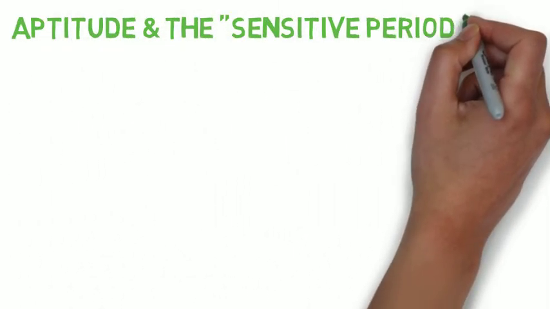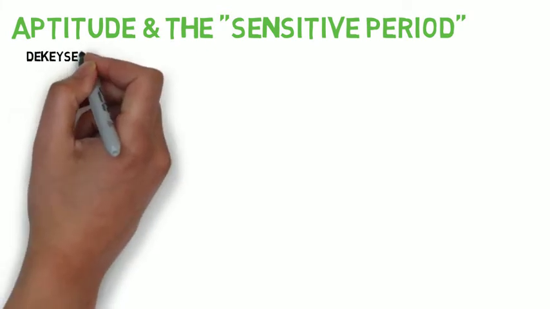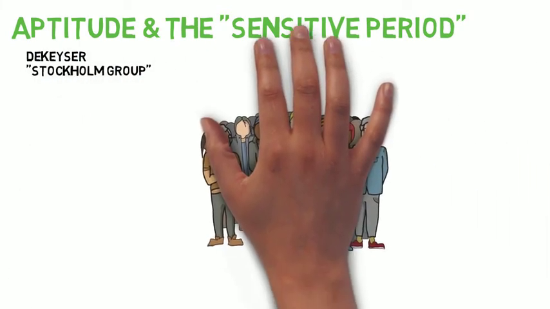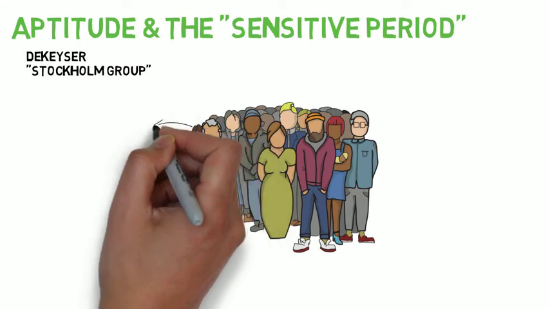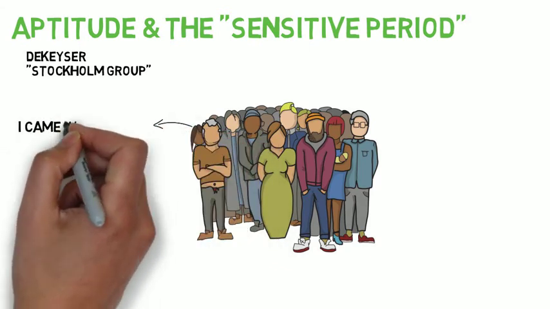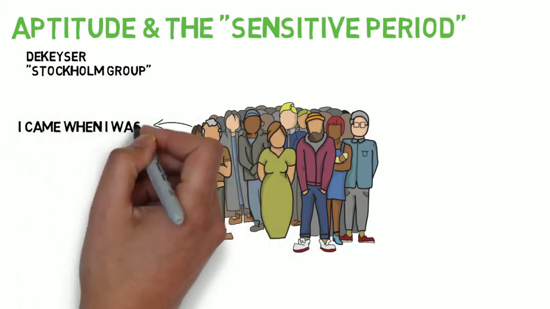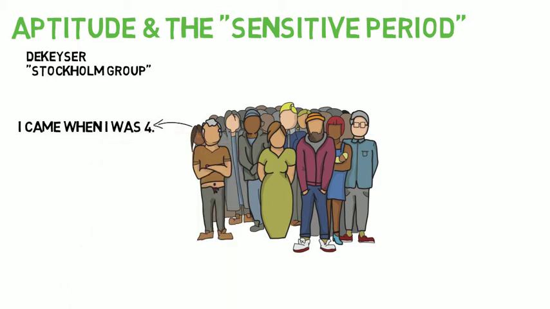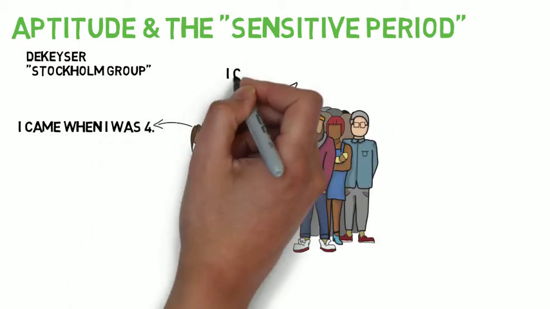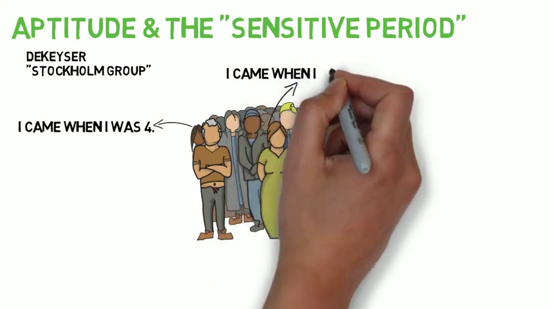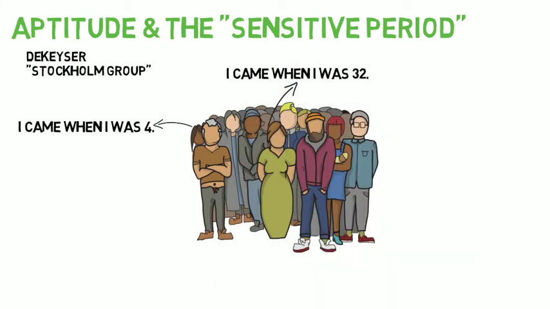After the section on general research on aptitude and its connections to grammar, Skehan discusses one last set of studies. How does aptitude relate to what is known as the sensitive period? Here we need to understand 2 common terms. First, the sensitive period is a time somewhere between ages 3 and 16, during which a learner is particularly sensitive to learning language, or primed to do it well, so to speak.